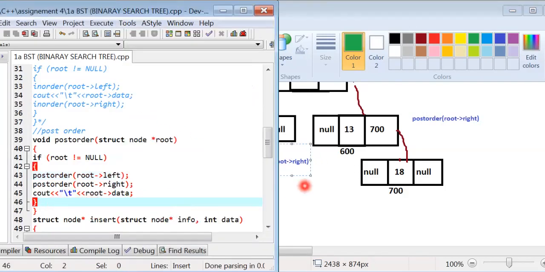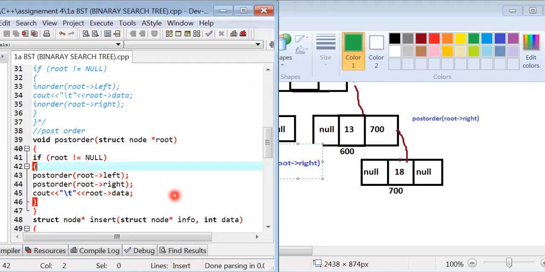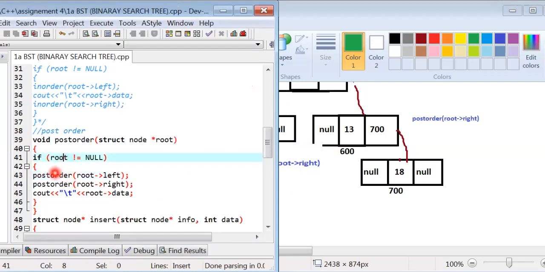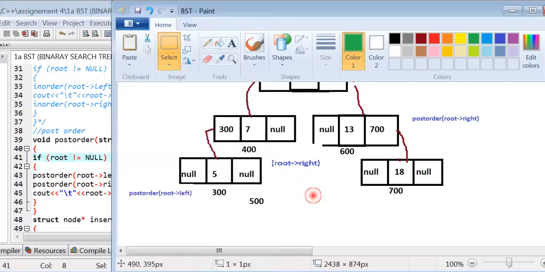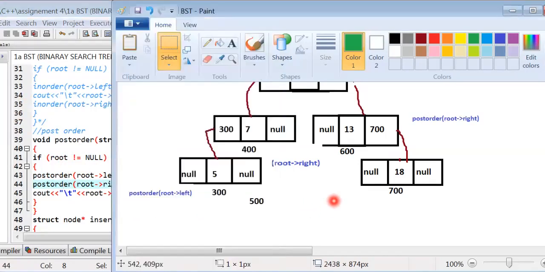After we display the data part, after we display the 7, then we call the root left part. Root points to this node, and post-order root left value is null. Null is inserted in root, so the condition root not equal to null is false, because root value is null, then the call is terminated.